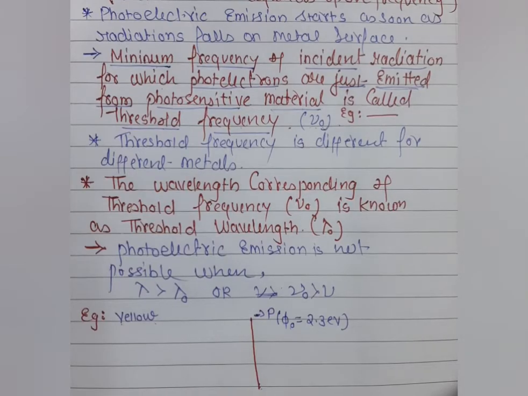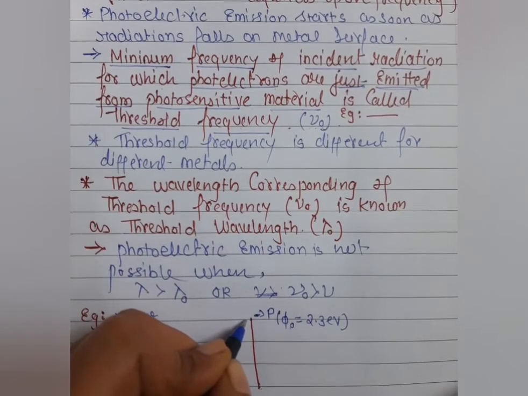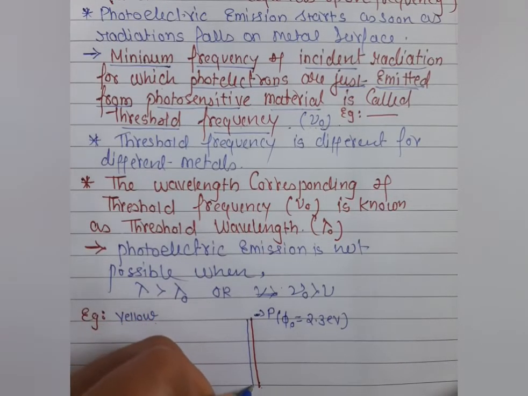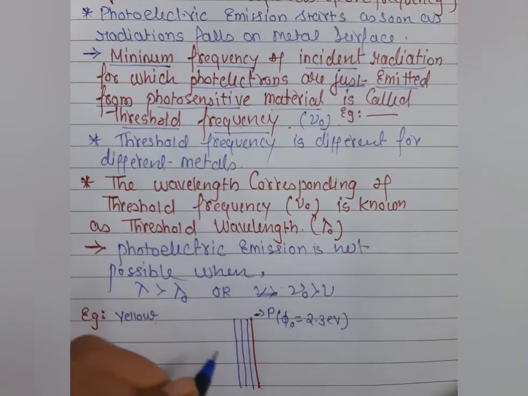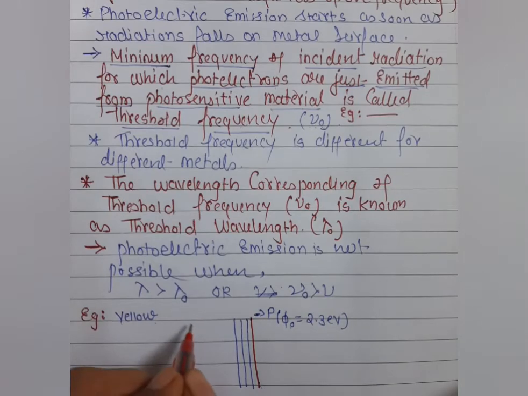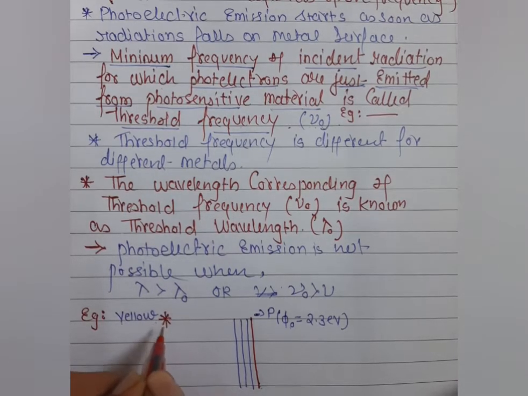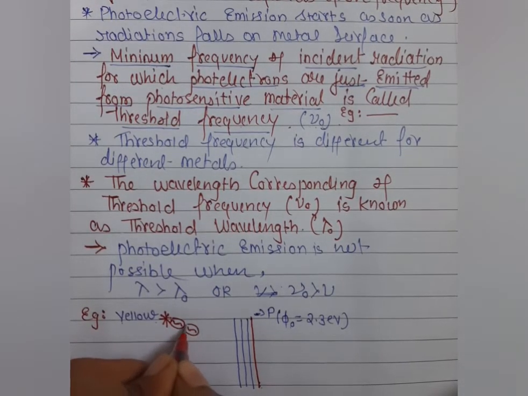As you know very well, students, the metal has a number of layers, and inside the layers millions of electrons are present. Correct? So what happens when the yellow light is incident? As you know very well, students, the light is a photon, that is a package of energy. When the source of yellow light falls on the metal surface, the light is nothing but a discrete particle, in the form of a package.